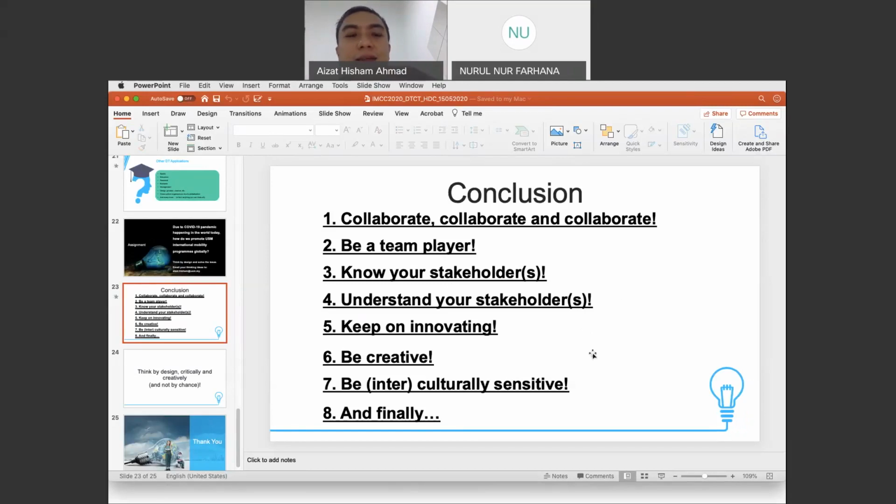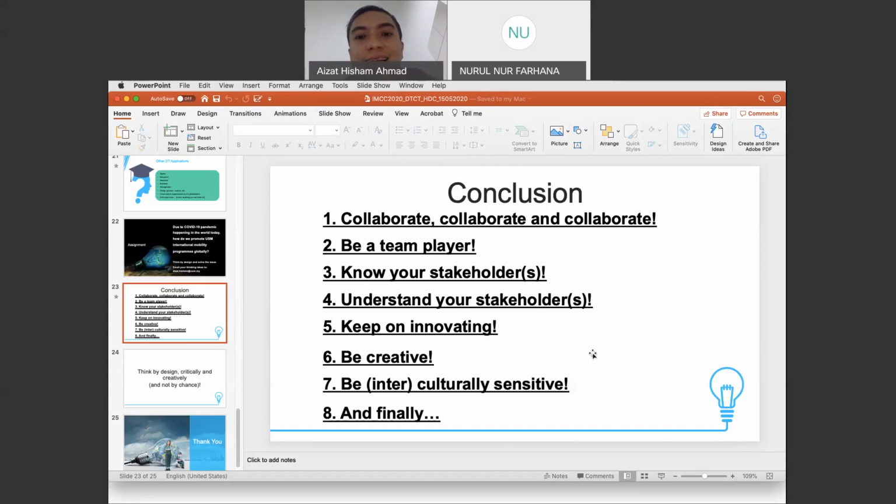Yes. Okay. So number one, collaborate. Number two, be a team player. Number three, know your stakeholders. The empathize part is always the key entry point. Who are your stakeholders? So know your stakeholders, and then you have to also understand them. When we talk about stakeholders, there's another course or program to learn about stakeholders, but stakeholders are basically the people you are working with: the customers, the users, the people surrounding you, your team members, the people within the ecosystem.